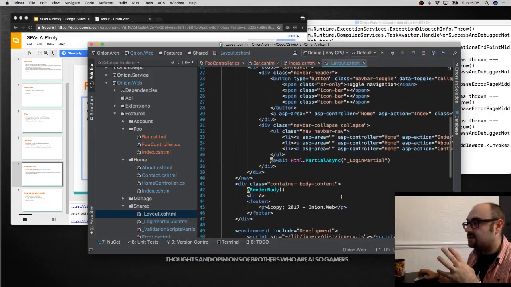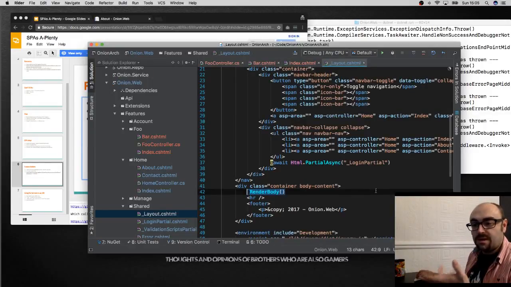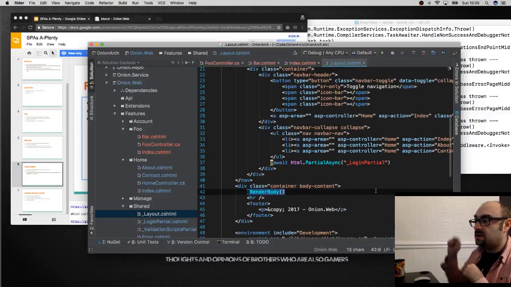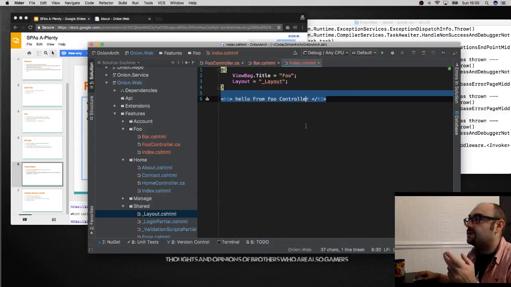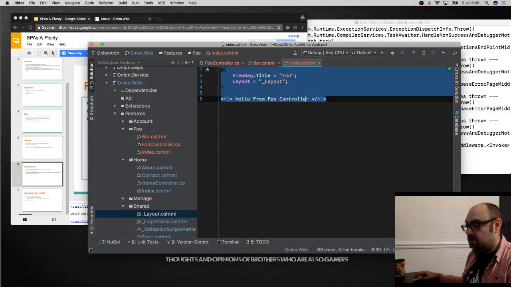And then you'll see this render body. What we do is any of the partials or any pages that we find that match our controller action get dumped into that part. That's standard MVC, just for anyone who hasn't done MVC before. So we'll take that,